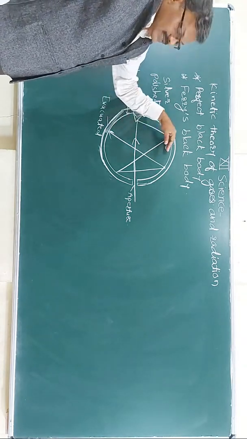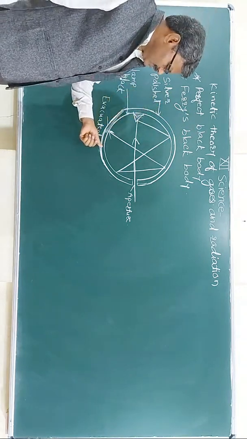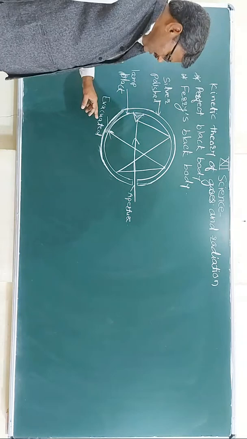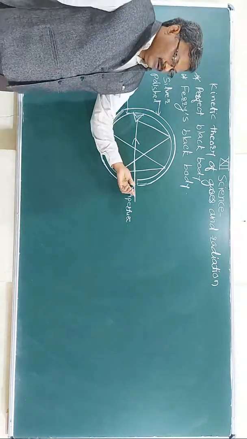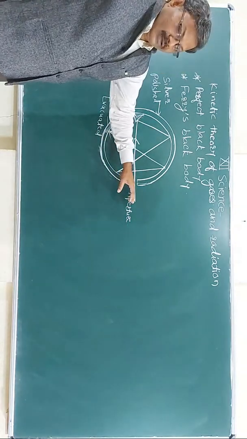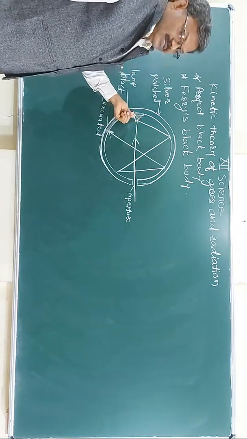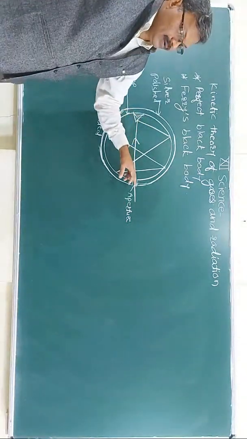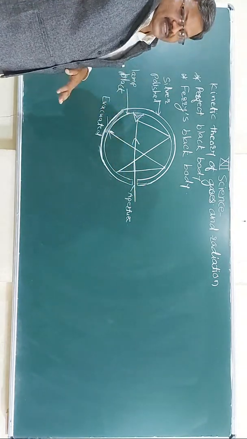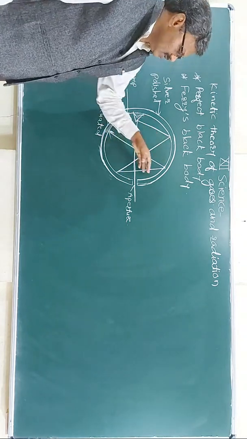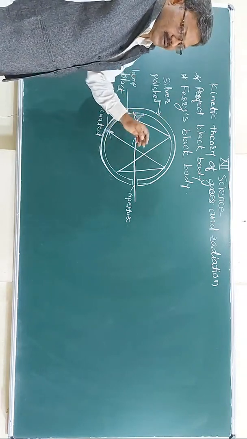There are two walls separated by a distance, and the space between the two walls is evacuated. Rays of radiant heat enter through the aperture. The inner surface reflects the heat back along the same axis. Therefore, there is less chance of emitting or returning this radiation